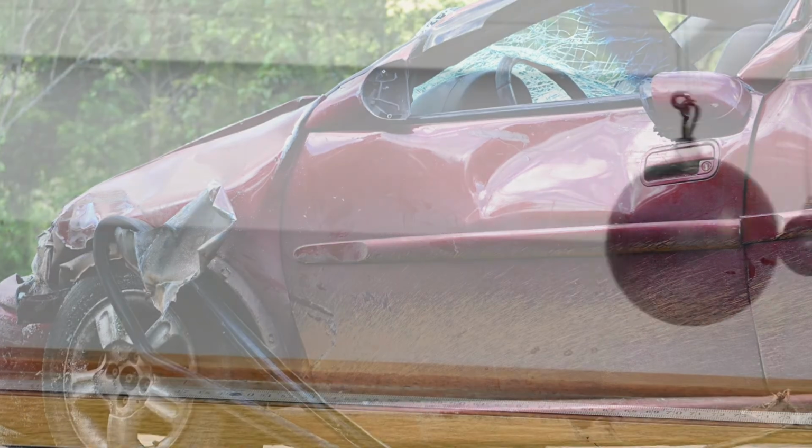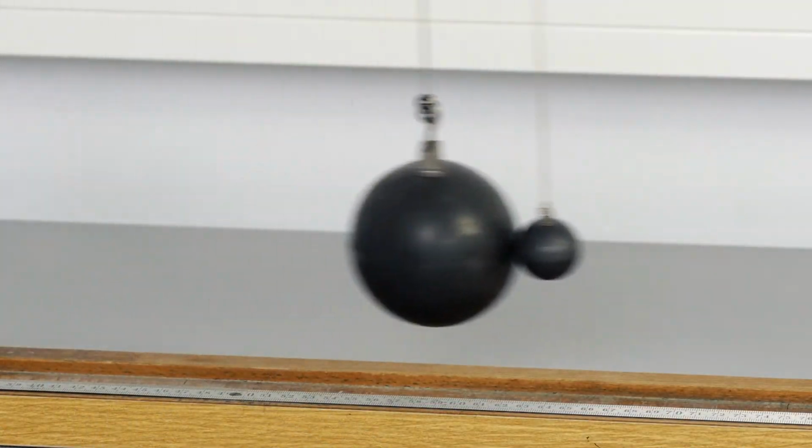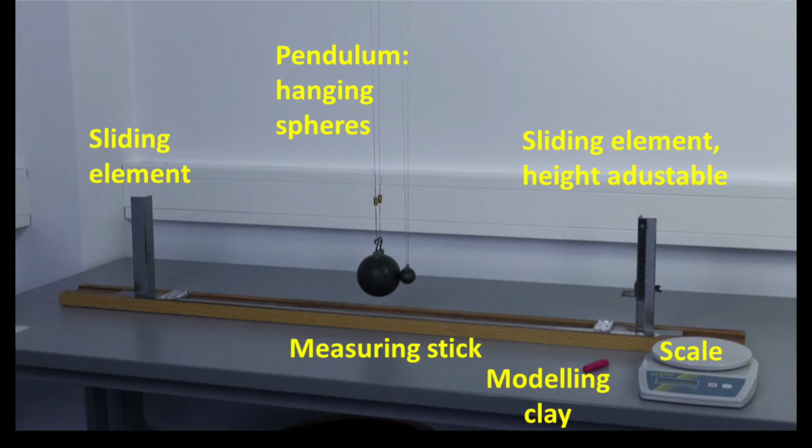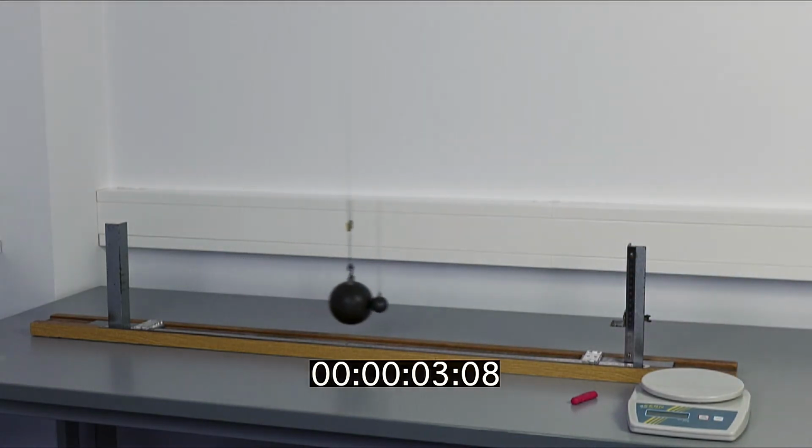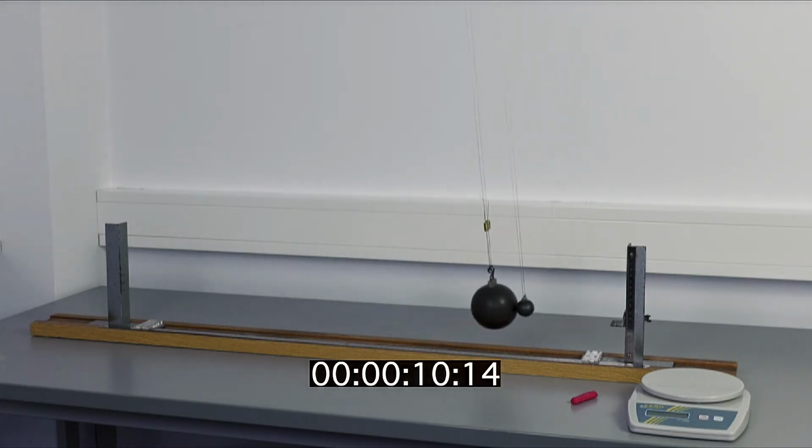We consider inelastic collisions using the example of the pendulum, which is still one of the most accurate instruments for determining the acceleration due to gravity. There are two parallel pendulums with spheres of different masses, the large one with 2.1 kg and the small one with 0.11 kg. First, determine the period of oscillation of the pendulum by measuring the time for 10 full oscillations 5 times. The horizontal deflection of the pendulum should not be greater than about 40 centimeters.